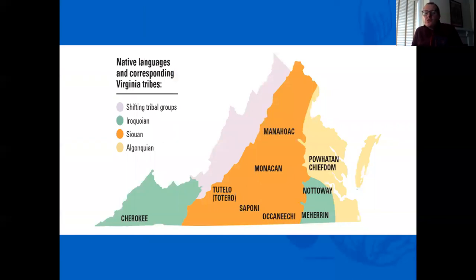But the Powhatans are not the only Native groups in what is now the Commonwealth of Virginia. There are other groups you can see in southwestern Virginia. The Cherokees are established. And then also in the Piedmont area of Virginia are many diverse groups of people who speak the same language, the Siouan-speaking peoples, like the Monahassanughs and the Monacans. And so in Prince William County and Fairfax, for example, we would be right at basically a borderland between the Powhatan Confederacy and some of these Siouan